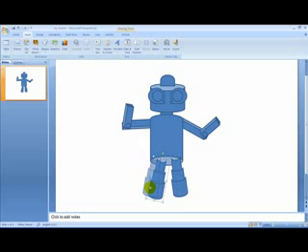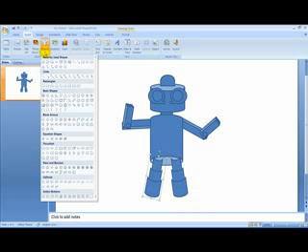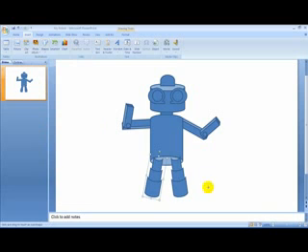And I'm going to this shape here, and I'm going to left click and drag and turn that a little bit, left click and drag, Control C, Control V, move this one over here, use the green circle,